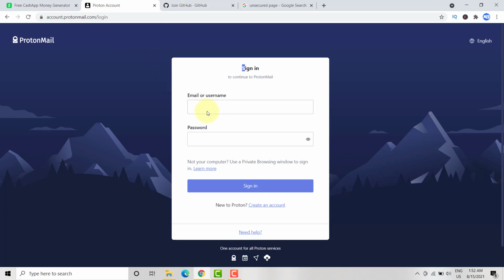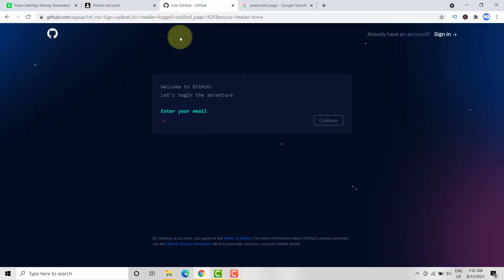The reason I like using Proton Mail is because you can create multiple accounts without having to do phone verification and all that. But let's not waste any time. You can just go ahead and use your Gmail. So let me use